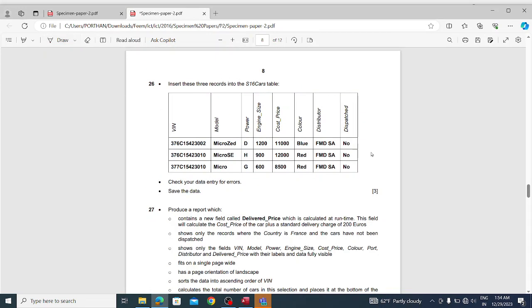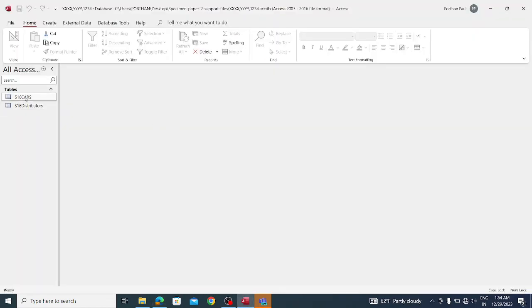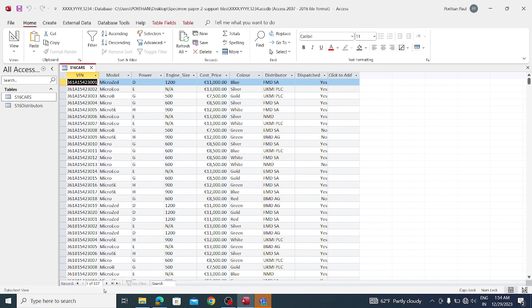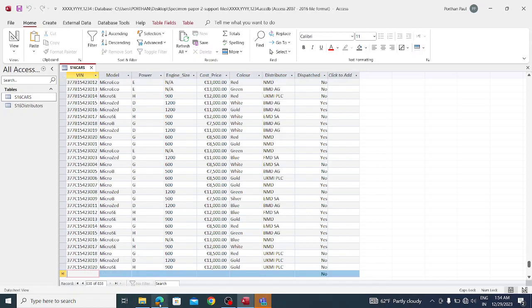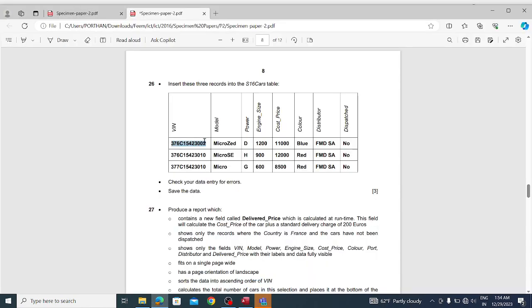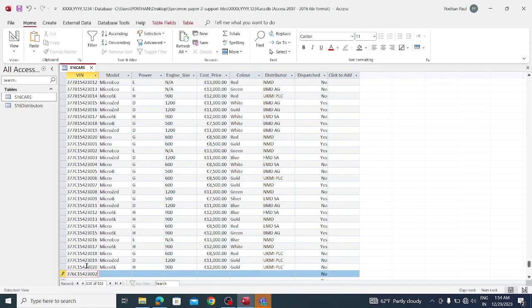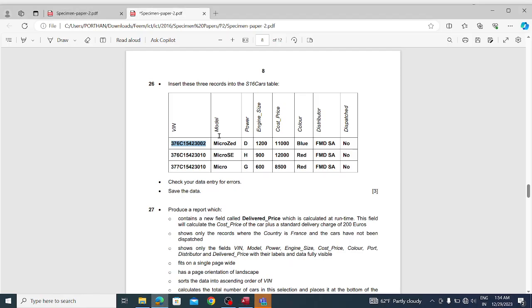Now insert these three records into the S16 cars table. So go to the cars table. So go for the new record, new blank record. Down below you will get the yellow colour field. So click that, your new blank record will be available, and select the VIN and paste it, and select the model